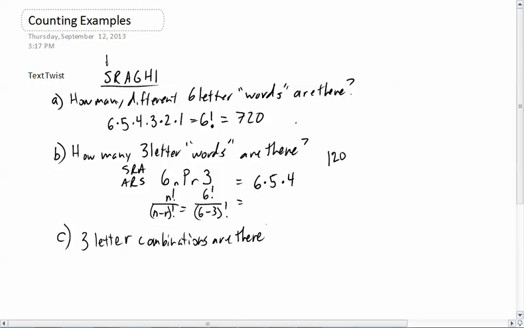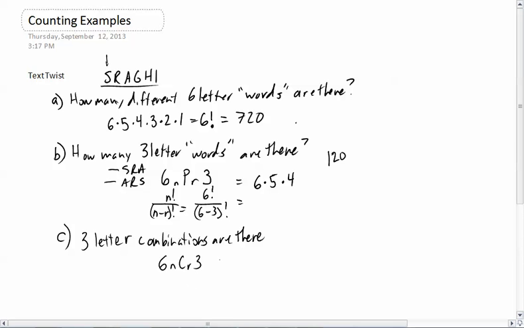There's no specific order. The order doesn't really matter. I'm just going to get 3 tiles, right? 3 letters. So for that, we're now going to use combinations because we need to get rid of the fact that we have different permutations here so that these are both the same combination of A and R and S. And so in that case, we're going to use 6